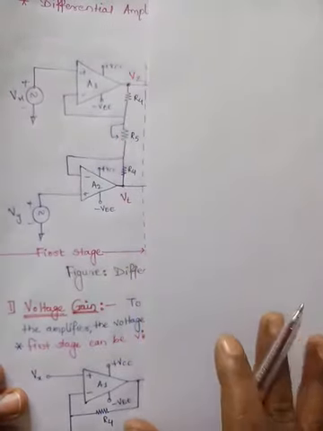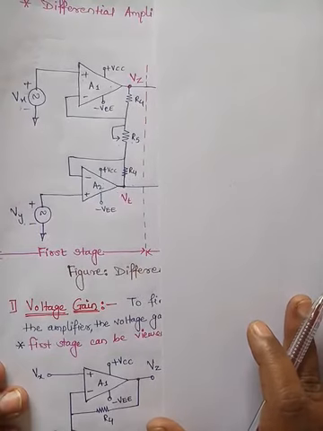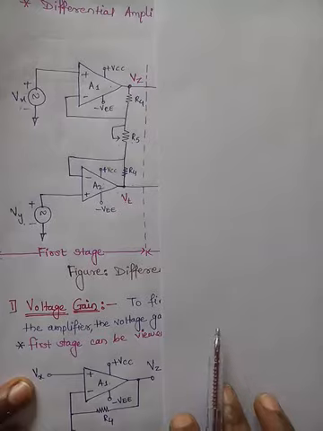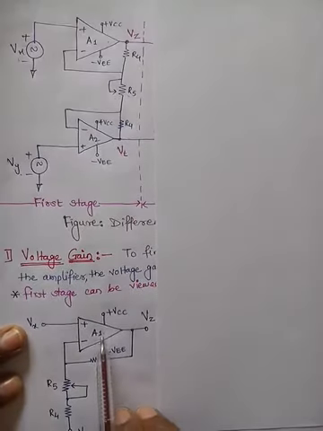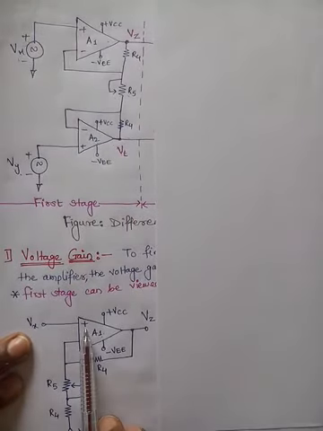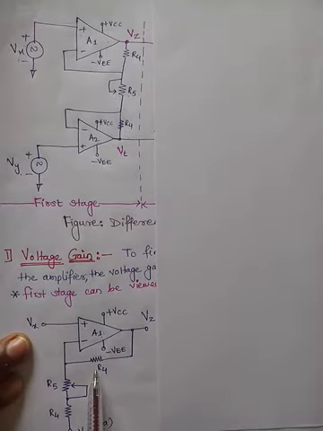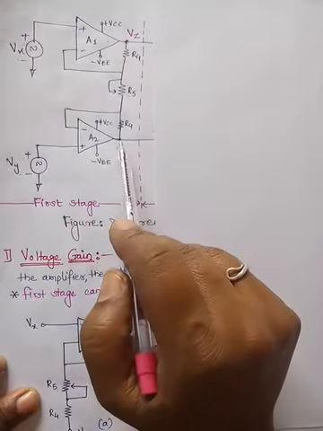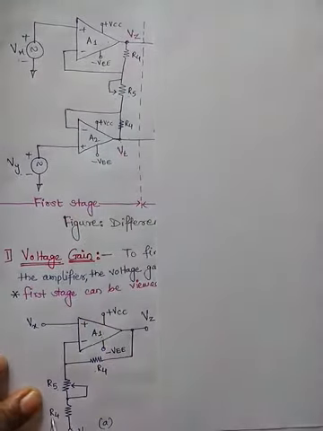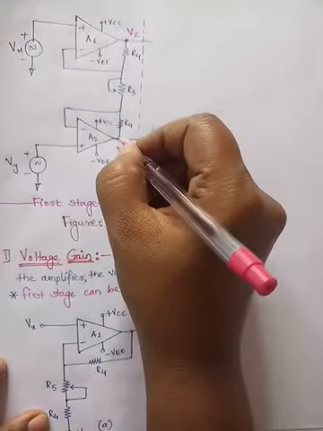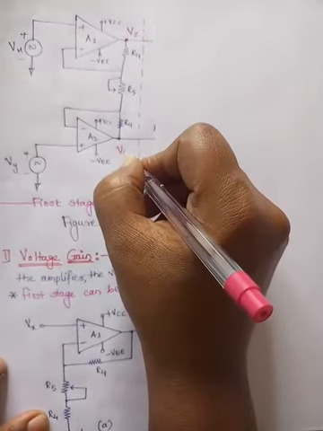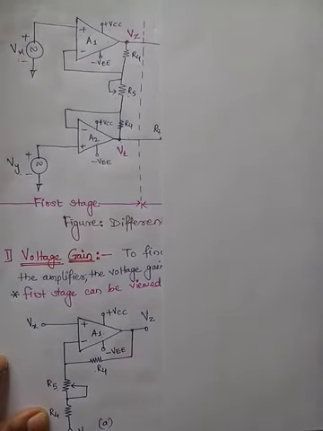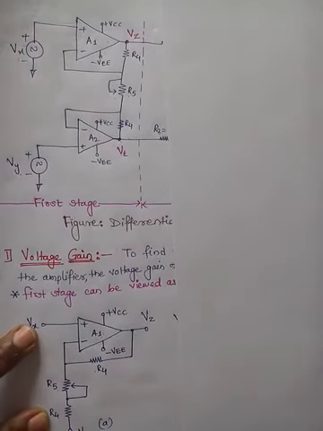First of all we draw the circuit for A1, to which Vx is the input. We can see the first op amp, which will have input Vx. The feedback resistor is R4. This R5 is the variable resistor. Again, this resistor is also connected to this one, which is R4, and the voltage at this point is Vt. Similarly, we draw the circuit for the A2 op amp. So this is the first stage.